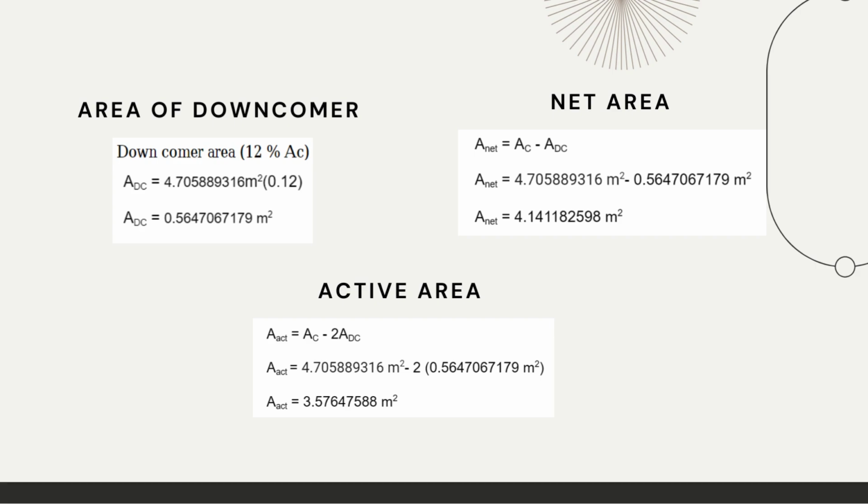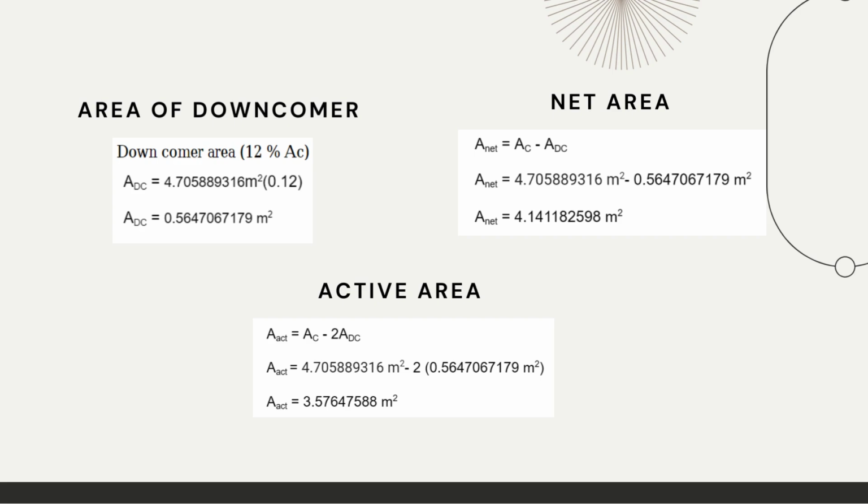Alright, now we'll be calculating the area of a downcomer. As you know, the downcomer area is typically 12% of the area of the column. First, let's start with a given area of the column. We previously calculated it as 4.71 square meters, and the formula to find the area of the downcomer is straightforward. We simply take 12% of the column's area. Mathematically, this is represented as area of the downcomer equals 12% of area of the column, which is 4.71. When we do the calculation, we get the area of the downcomer of